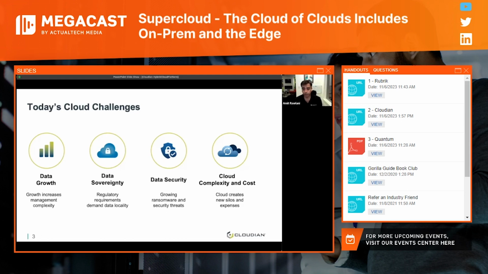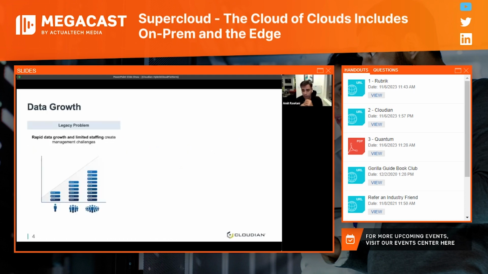Let's look at all of these things in detail, and let's also factor in what are the important aspects to understand to make this successful, right? So data growth. Clearly, data is growing 5 to 10 times faster today than it was even 2 years back, right? This is a huge challenge because the infrastructure becomes more complex to manage as capacity grows.